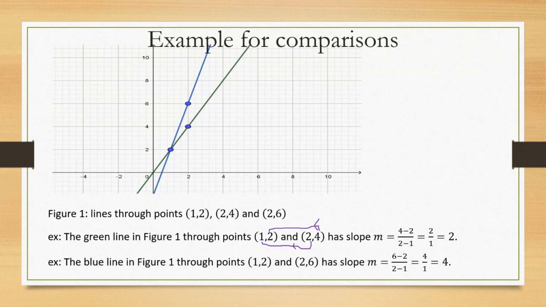And of course, that's 2 over 1, which is 2. Now that's for the green line, up here, that's this line. Good. Now for the other line, I called it the blue line because it came out blue. For this line,